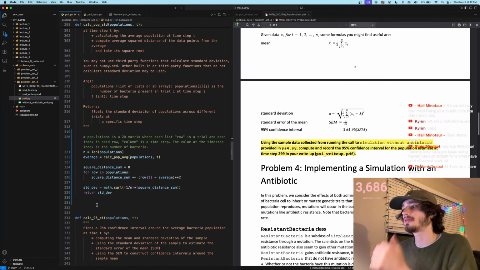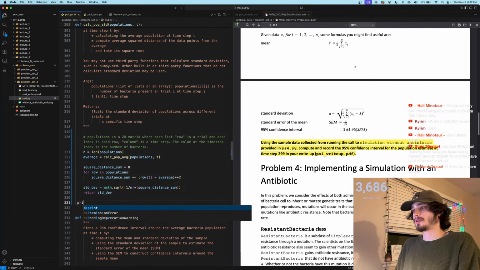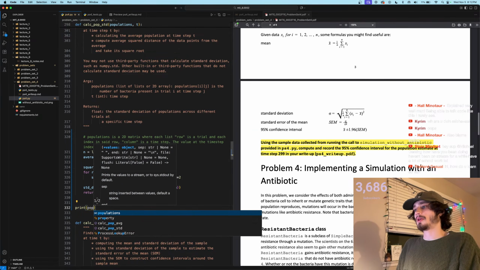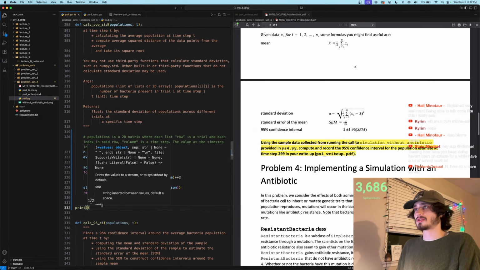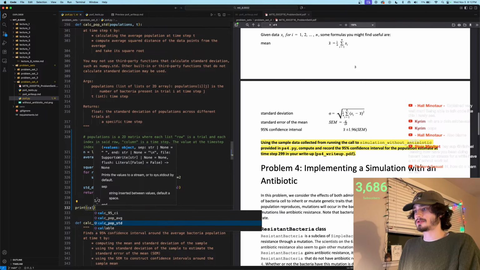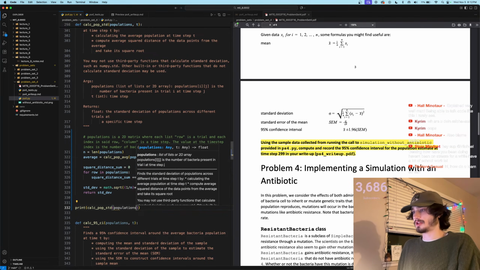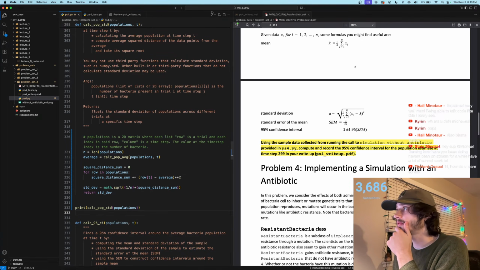So now we can call print, calc population standard deviation of the populations that we have currently on hand. So if we run this guy,